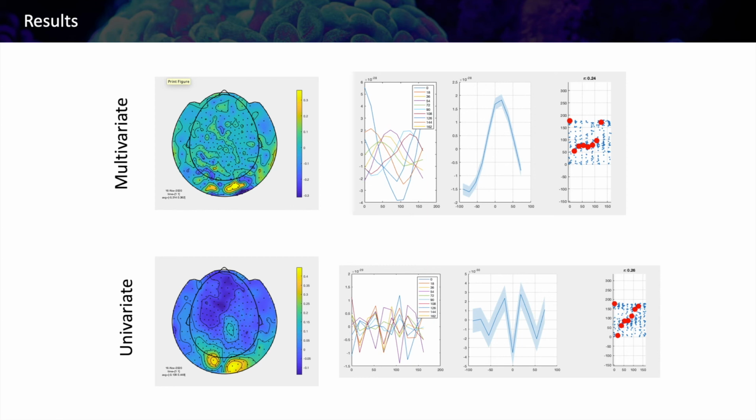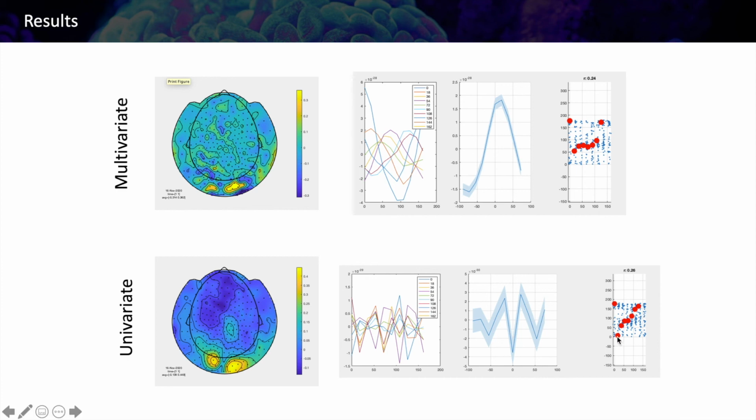Now, if we go to the univariate approach, what we can see is that using the encoding approach, we can predict very well the activity at the sensor level. In fact, we can predict even better the activity here for each sensor. I think the pattern is cleaner than here, okay? So it's overlapping the pattern, but here the correlation is higher and there are not so many negative values. But on the other hand, it seems that we are losing some information about the weights for each channel. Okay, so recovering the channel information is a little bit suboptimal.